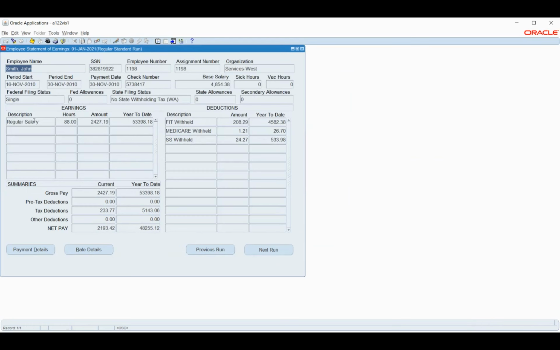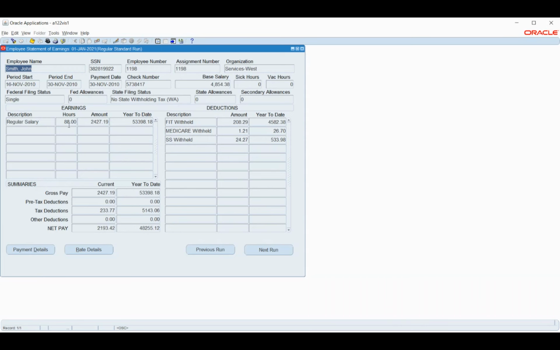Okay. And apart from that, we will have earnings on one side and deductions on the other side. We will also have the leave and other things captured as a part of the payslip or the statement of earnings. Since this is a custom page, we don't have these things populated here. So let me try for the other instance. If it is there, we will see how that is reflected there. Because here, only on the basis of element creation, we will see the details.